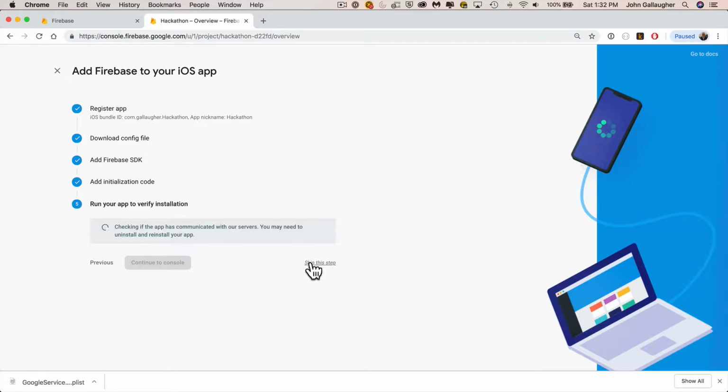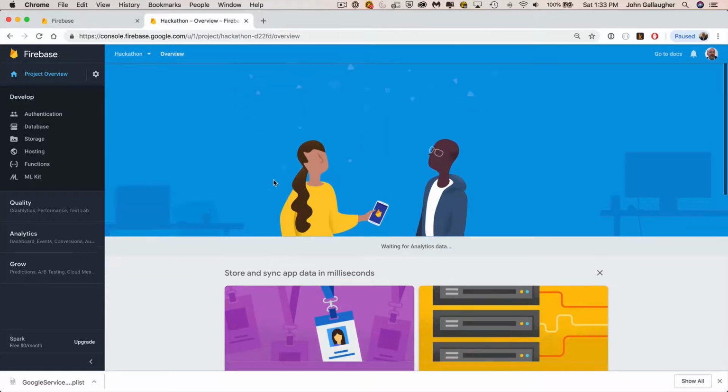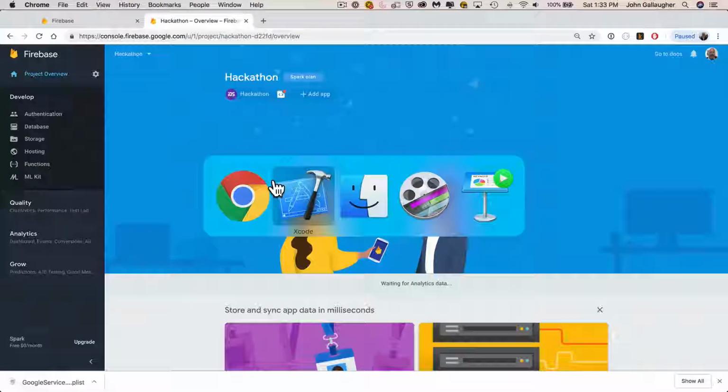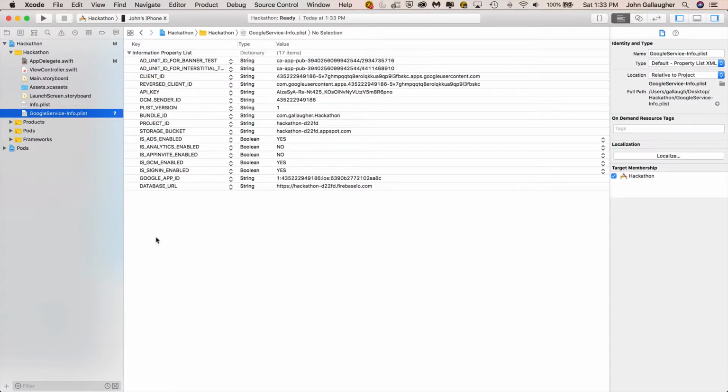I find that it usually hangs here, but the app works fine, so I'm just going to go ahead and say quit this step and go through. Now, there are a few other things that we need to do for our app before we can get up and running. I'm going to hop back over here, and I'm going to get into my Google info.plist inside of